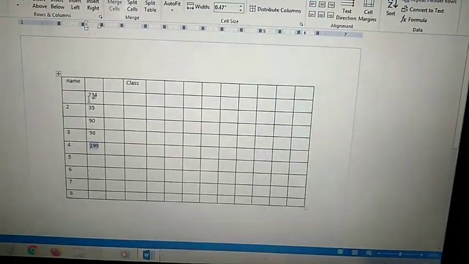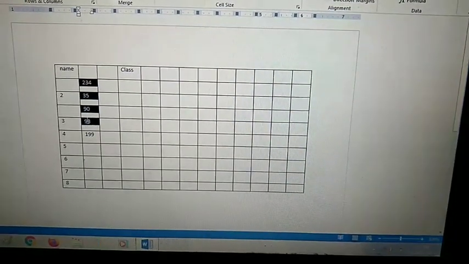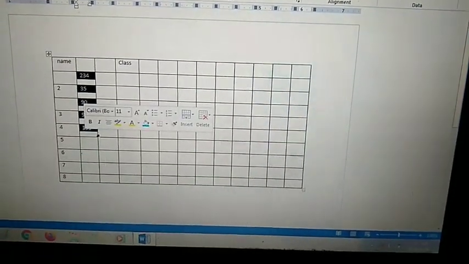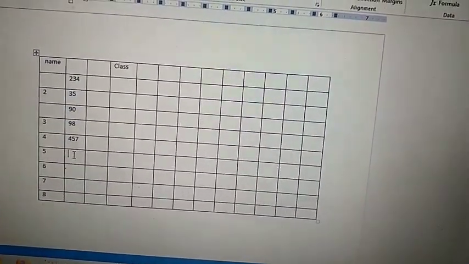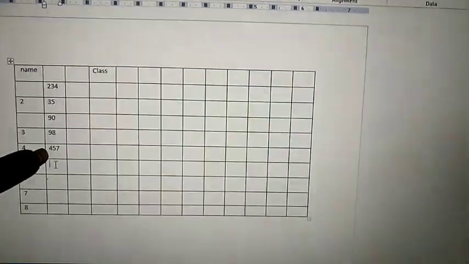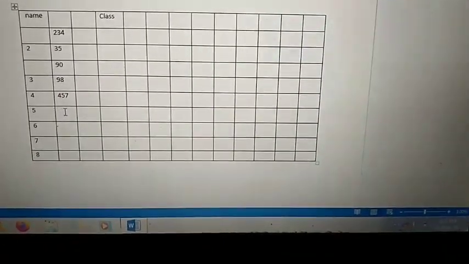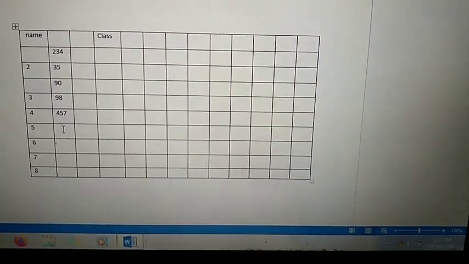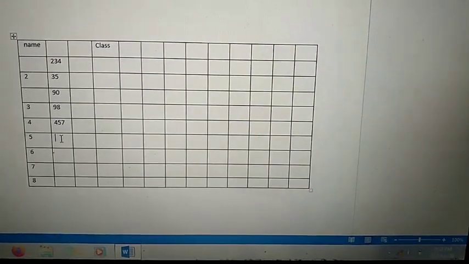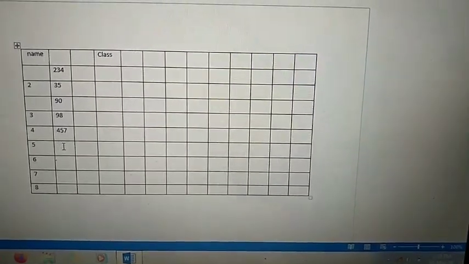Now, instead of applying the formula again, what do you do? You simply select the values like this, till where you want the answer. Select the whole thing and simply press the F9 key on the keyboard. As soon as you press the F9 key, you will see the sum is corrected automatically. Now the sum is coming 457. So you don't have to apply the formula again, only selecting and pressing the F9 key will update the values of the table. This is known as updating calculation in a table.